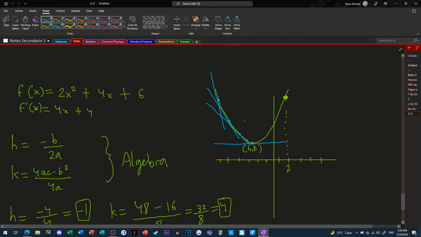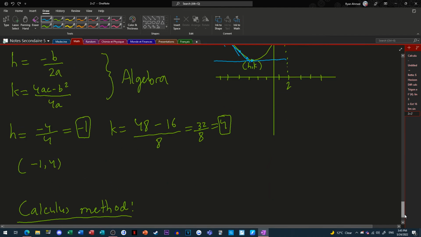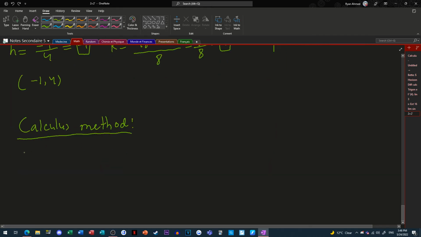Because the further and further away you get from your vertex, the steeper you're getting. Over here you're steep in the negative direction, getting more and more negatively steep, and over here you're getting more and more positively steep. Like for example, at this point over here, I will be steep like this. Over here, I will be steep like this. Anyways, the further away you get from your vertex, the steeper your function gets in a parabola. But at the vertex itself, it's 0,